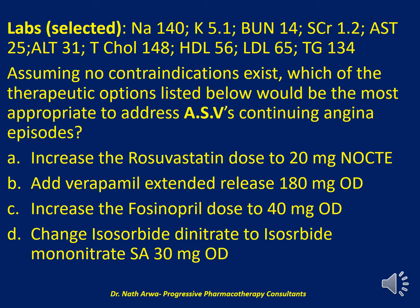Selected labs include sodium levels of 140, potassium of 5.1 milliequivalents per liter, BUN of 14, serum creatinine of 1.2, AST of 25, ALT of 31, total cholesterol of 148, HDL of 56, LDL of 65, and a TG of 134. Assuming no contraindications exist, which of the therapeutic options listed below would be the most appropriate to address ASV's